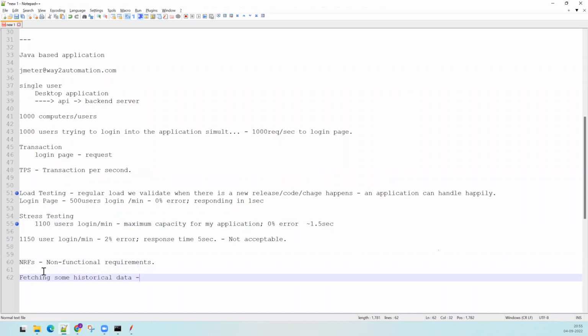Let's say there is tabular data we are getting on a detail page where 500 lists are displayed at a time, and this can be from the last 1 month or last 1 year. If you think about this use case, fetching historical data from the application, there you are dealing with a lot of data. You're requesting something, and in return your application is going to return you